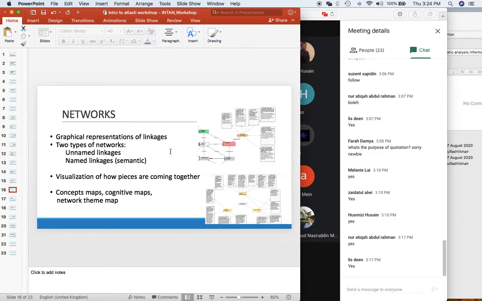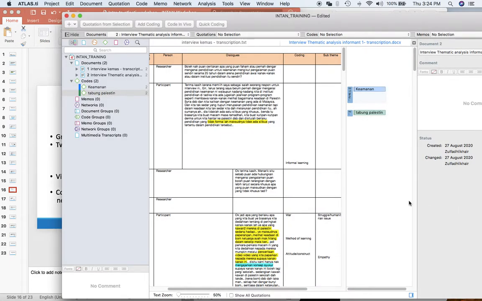But be mindful that networks only come easier after you have finished reading and marking all your transcriptions, your data. Meaning, if you have 3 informants, you have to go through all the 3 informants. You have to finish making coding and quotation for all those 3 informants. Then only you make the network themes. It will become easier for you to make the linkage and